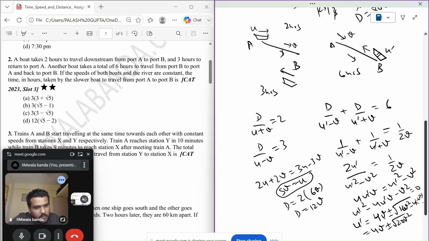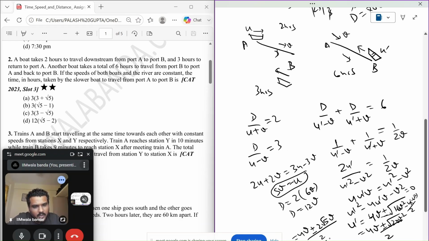Don't forget that. So upon 2a. This also upon 2a. Now this comes out to be 4v plus minus, this is 5 into 4. So 2 will come out, root 5 will stay, and v will stay, upon 2, or 2v plus minus root